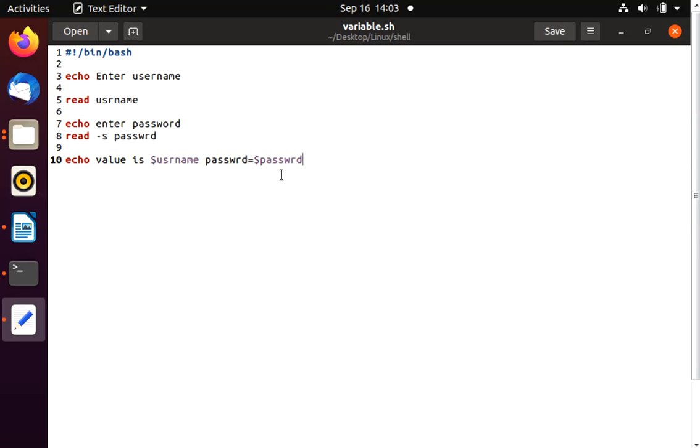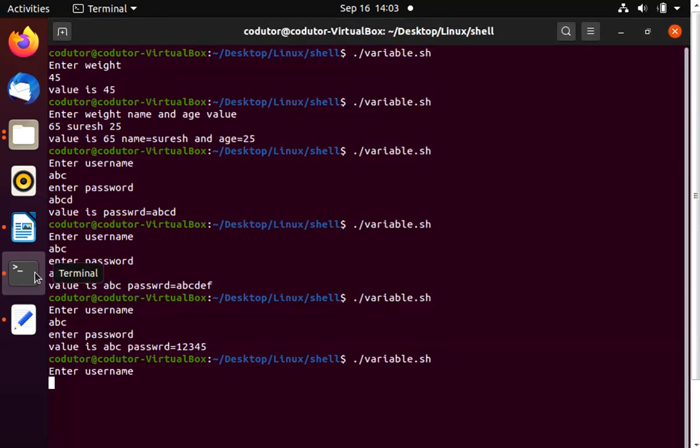Now next is, what if you don't provide a variable after the read command. You want the user to enter the username, and you are using the read command, and after that a variable name in which you want to store the username. But suppose you don't want to use the variable here, you just want to use the read command. Will it work? Let's see what happens. The username will be QWERT and the password is 123.